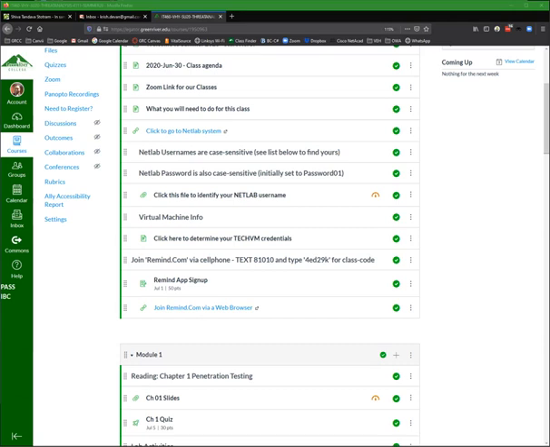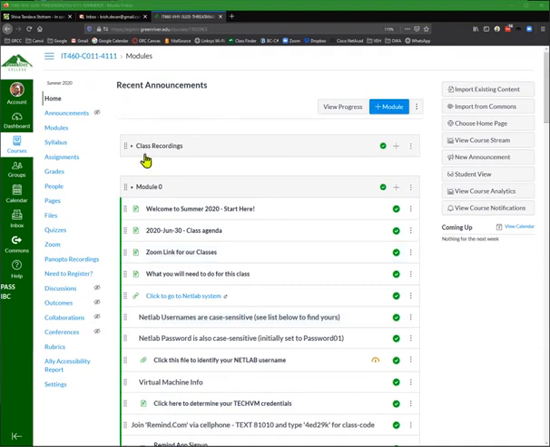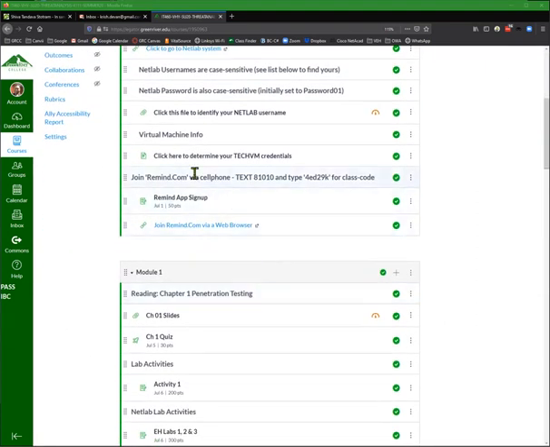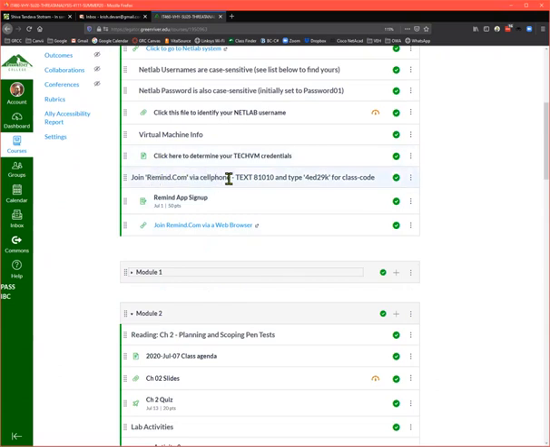Suppose that you are part of my class. Like I said, I am the professor for this class. So I may have something on the class Canvas shell, an item like this, for example: join Remind.com via your cell phone, text this and type this code. This is the code that you have to enter in the other app. I'm going to take this code, 4ED29K,